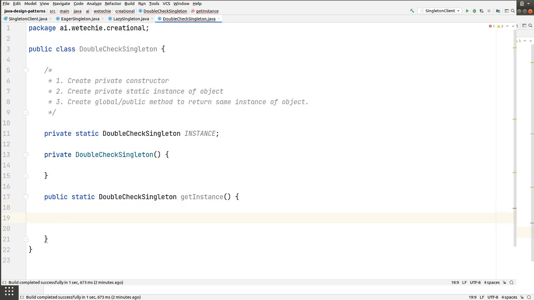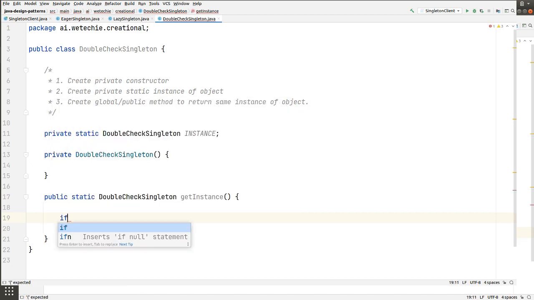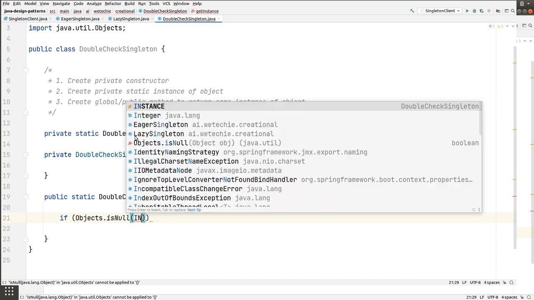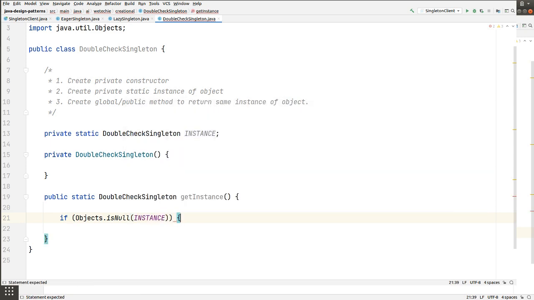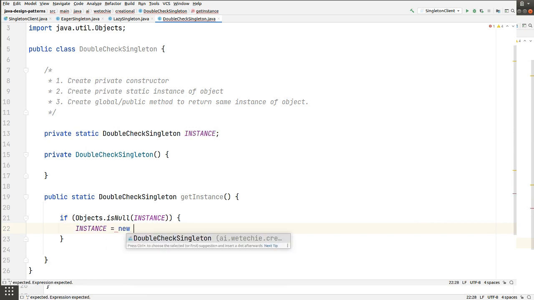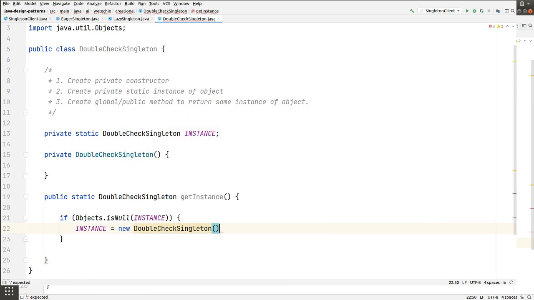Here we have to do the same thing which we did in the lazy singleton class. We check whether the instance is null, and only then create the object: instance is equal to new DoubleCheckSingleton.